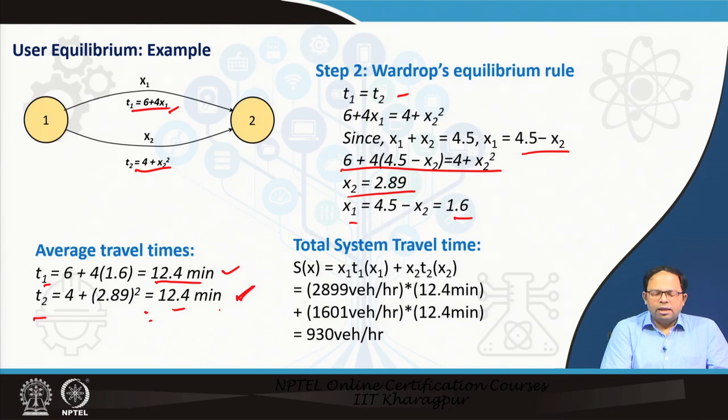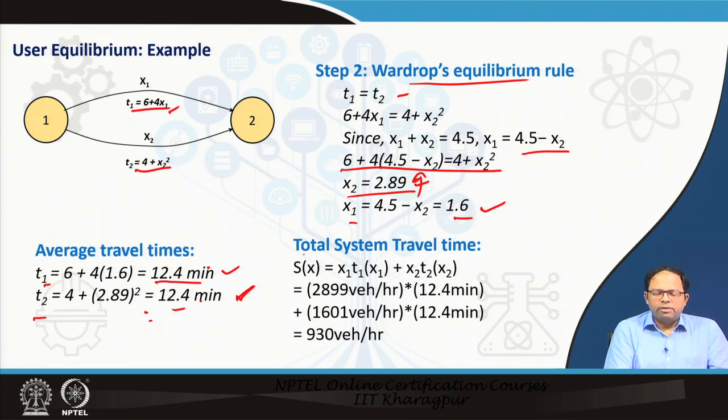Now let us find that, and of course when we do that, then automatically we can also estimate the total, and this is the total flow in x2 and this is the total flow in x1. So 2.899 is the vehicles, this is in thousands vehicles per hour, and 1.6 thousands vehicles per hour is the flow in x1, and these are the corresponding travel times, which is same as per Wardrop's equilibrium. So this is Wardrop's first equilibrium.